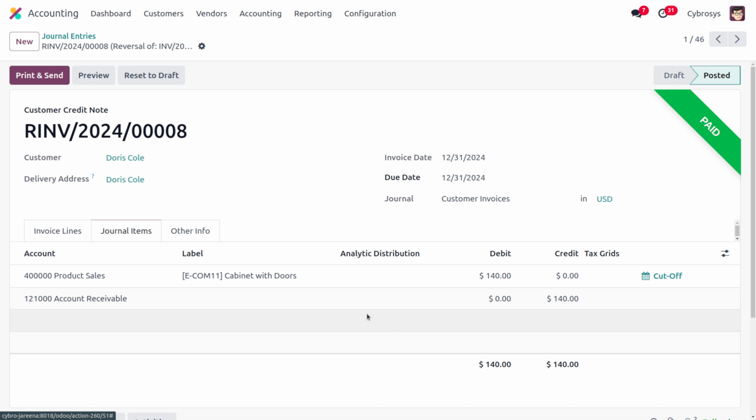In this case, we are not receiving the amount. Okay. As we are not receiving the amount, in that case, we are not getting any income, and the asset is not increasing. Okay, so that it will be marked under the credit side.